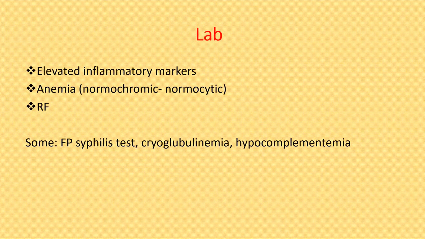What are we going to have in the lab? In the lab, we're going to have elevated inflammatory markers. The patient is going to have anemia and a false positive RF. I would say rheumatic fever. Also, a syphilis test could be found positive even though it's a false positive. And also low levels of complement. Why? Because those emboli in endocarditis are going to be immune complexes and are going to lower the complement